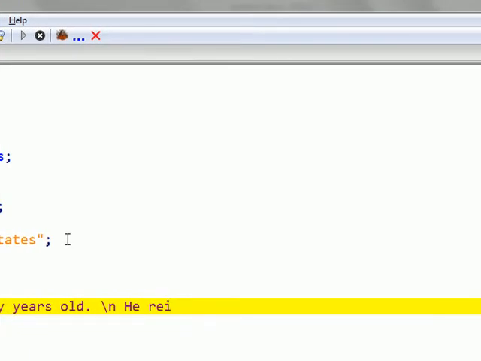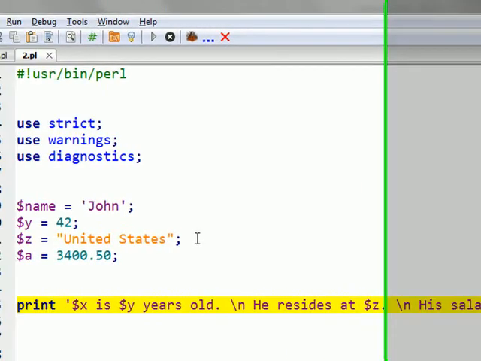He resides at dollar z, his salary is dollar a. Okay, it is simple. Now when I run it,